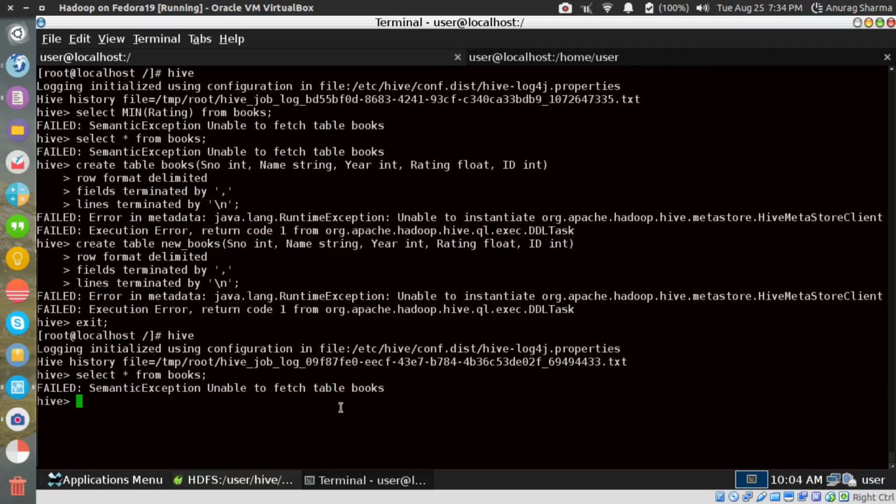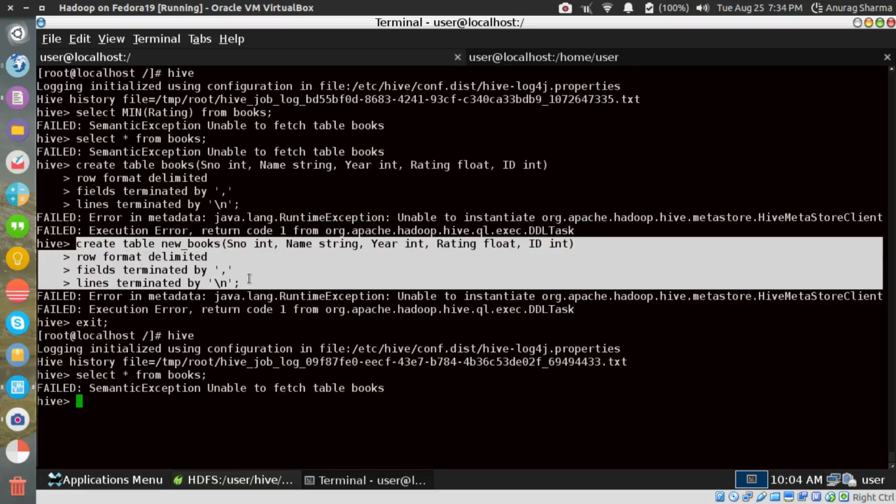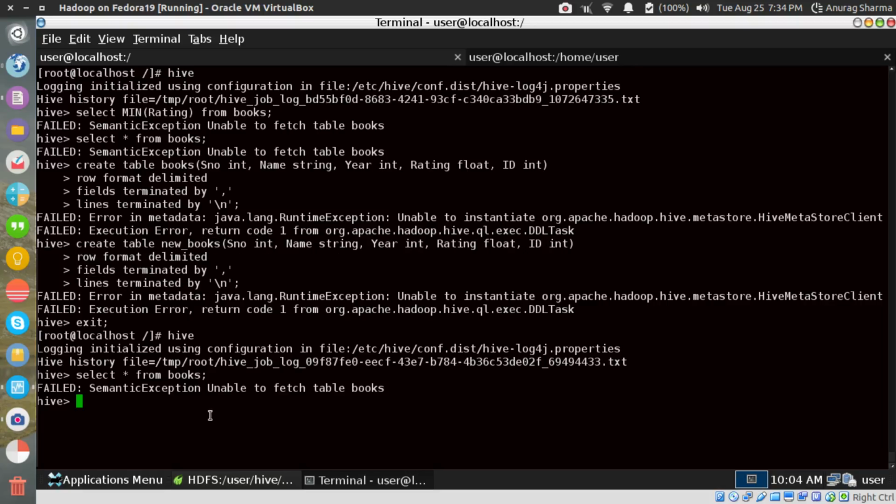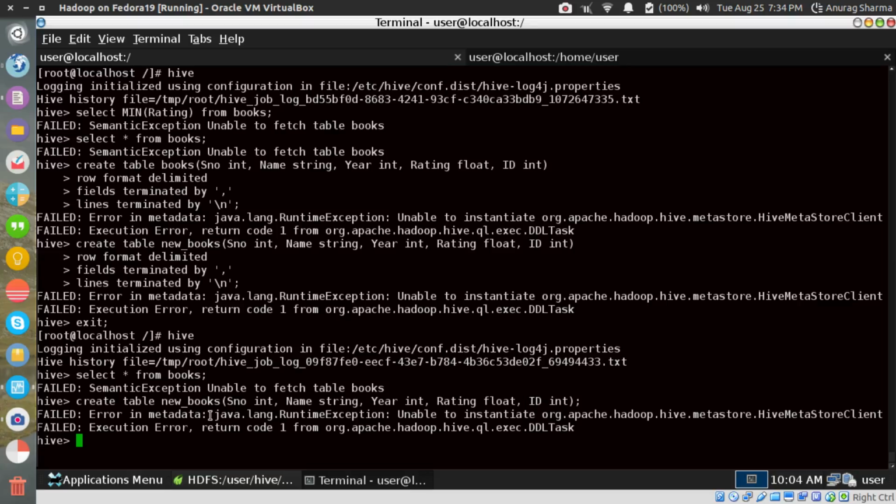Semantic exception, unable to fetch table books. Unable to instantiate.